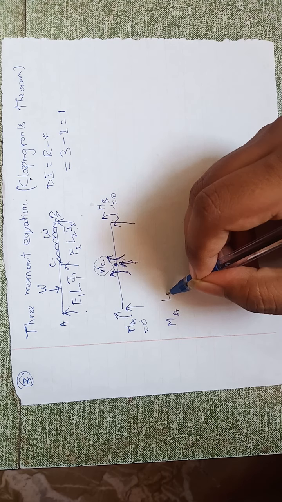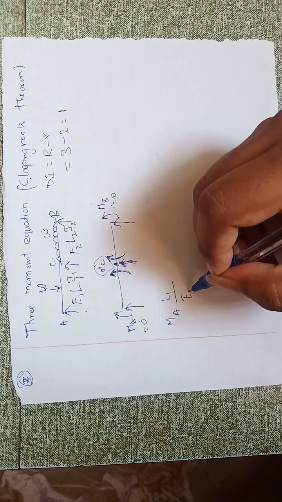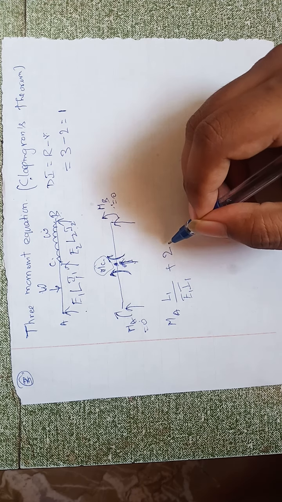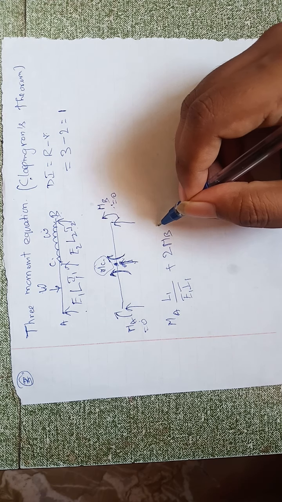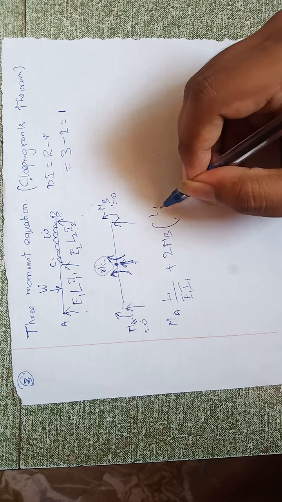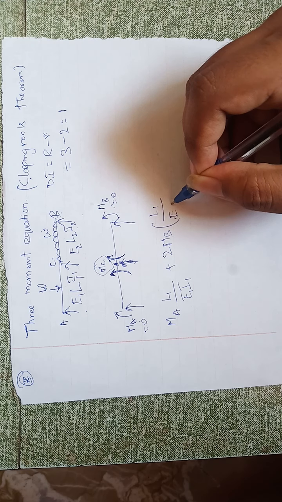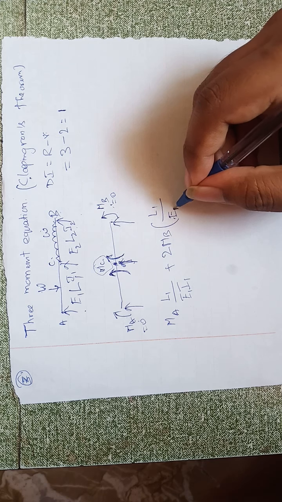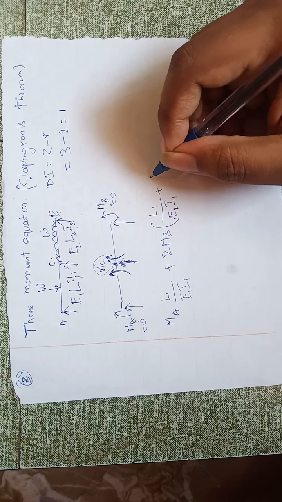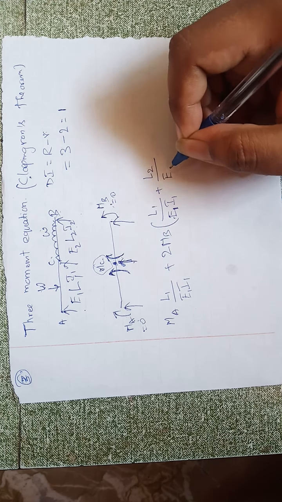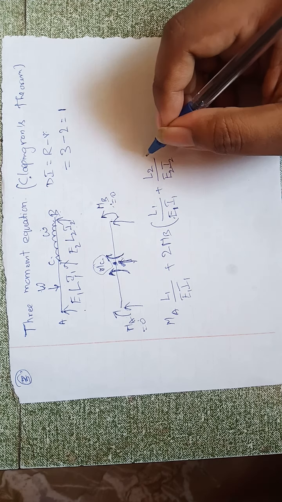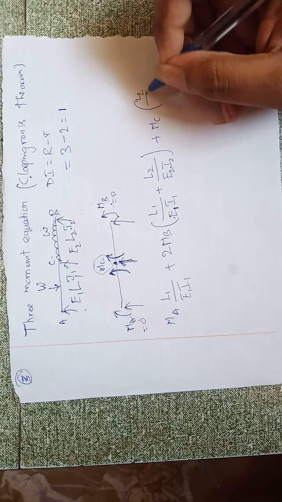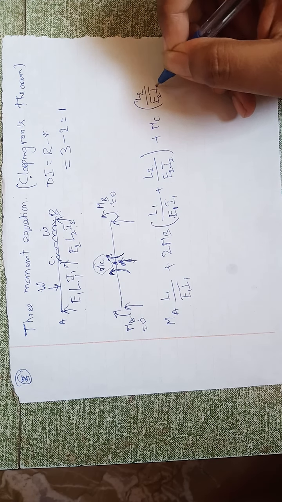MA L1 by E1 I1 plus 2 times MB (L1 by E1 I1 plus L2 by E2 I2), then plus MC L2 by E2 I2